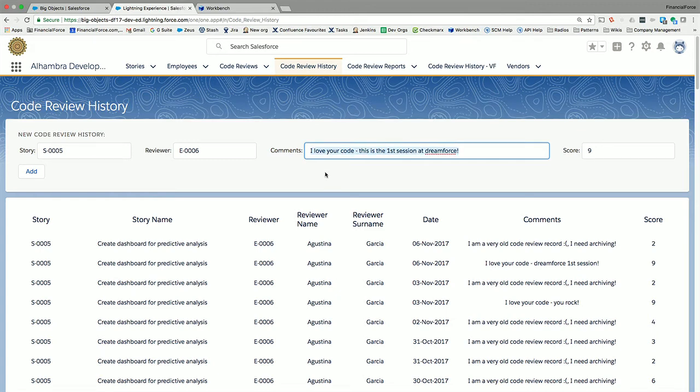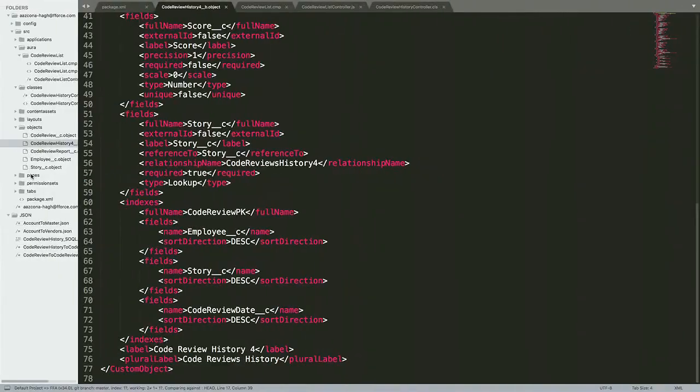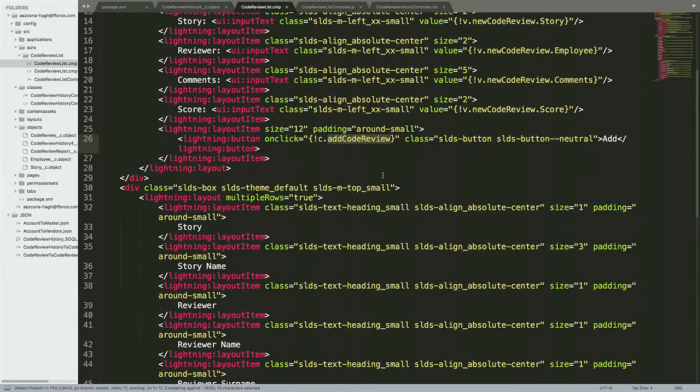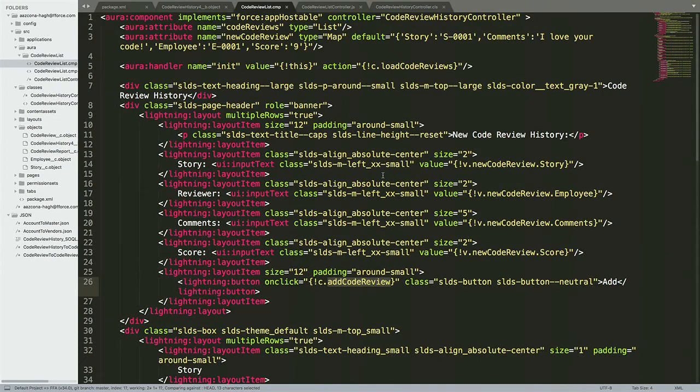I'm going to copy this. So I click on Add. This Lightning component behind the scenes is adding this code review history record. And if I look for the text that I have just added, we can see that it's there. How have we implemented this? It's very simple. We have a Lightning component, which is just building a table with some Lightning layouts, but the important thing to note is that on initialization,